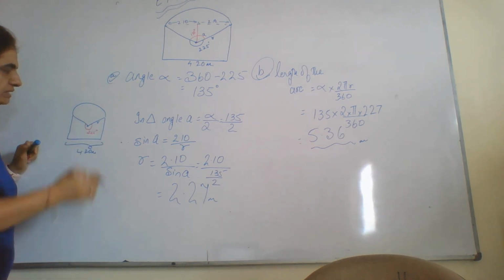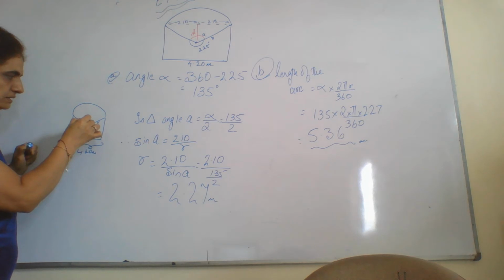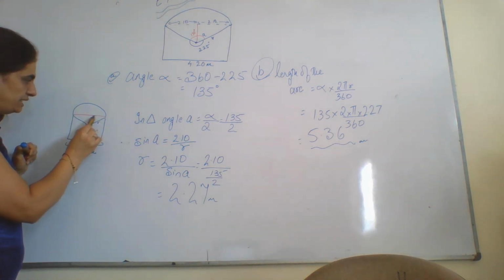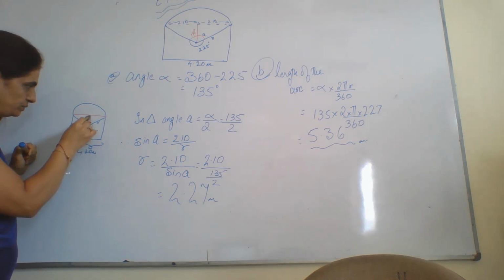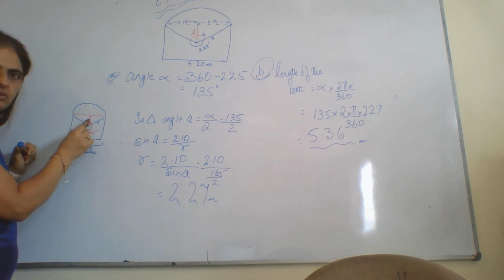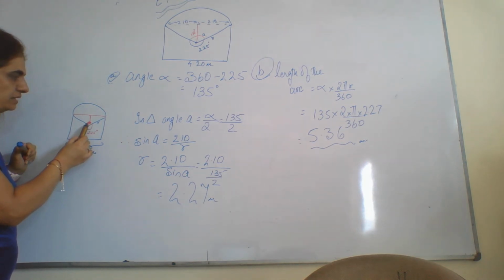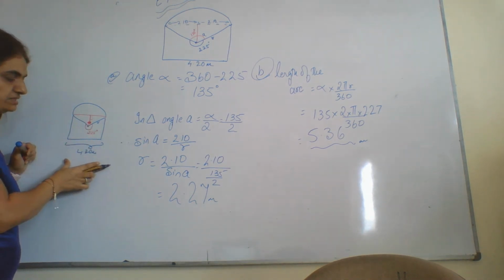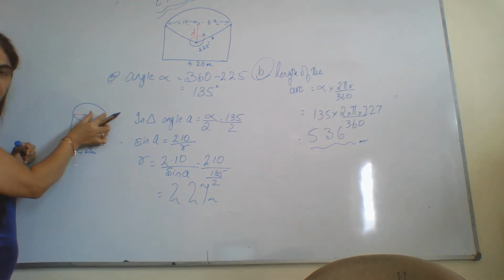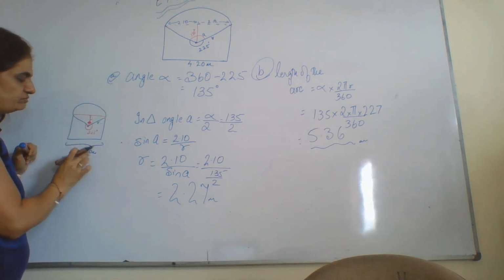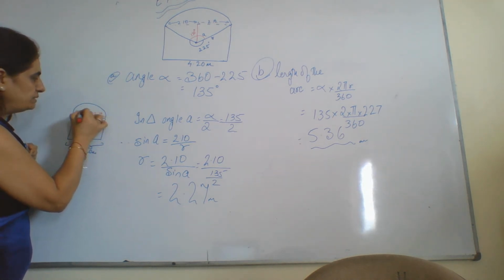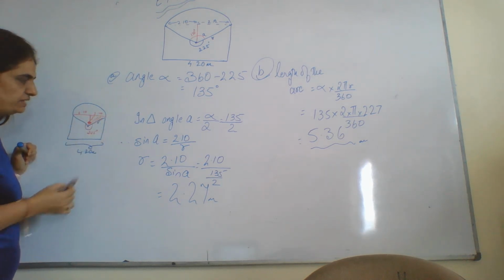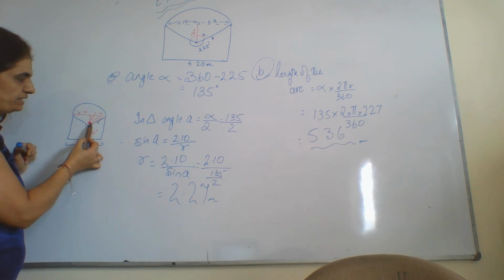Now how will I go about it? First I find out this angle, this whole thing. Then I draw this right angle triangle by dissecting it into two equal halves. So I have this angle, I know it is a right angle triangle, and I have this full length which I can divide into two equal halves. So once I divide, 4.2 will become 2.10 and 2.10 on this side. So in this particular triangle now, the shaded one, I have the angle which I have taken as half.